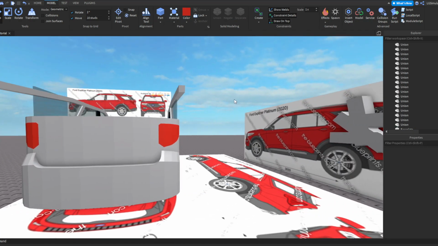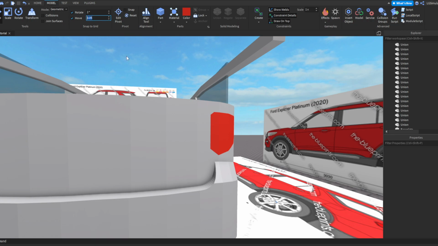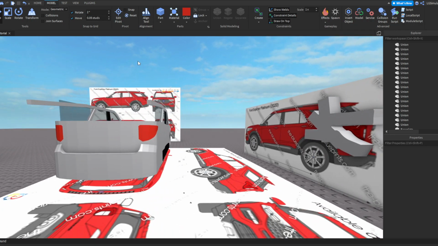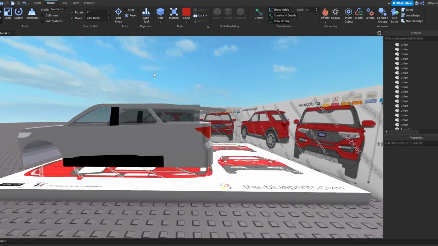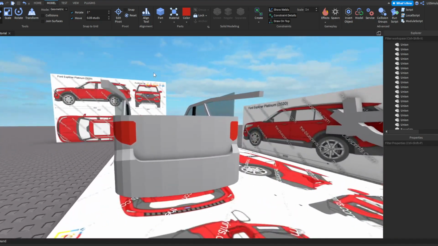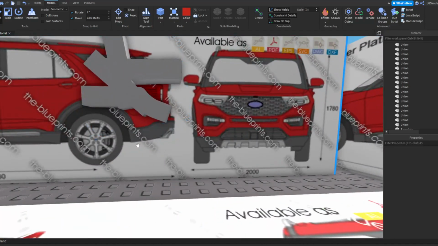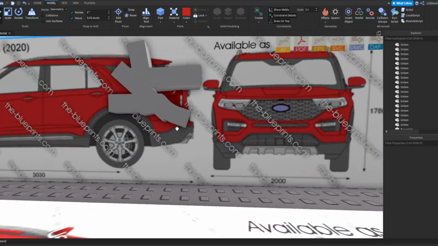Not perfect, but you can make it however you please. You can make it look better, you can make it look worse, but that's basically the technique of making the back of a vehicle. Cut out the bottom part here,